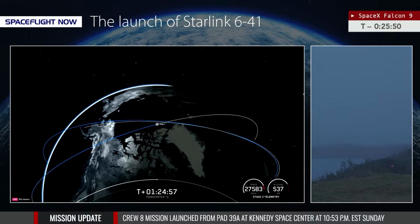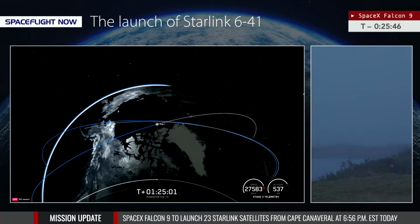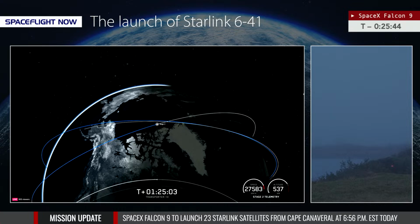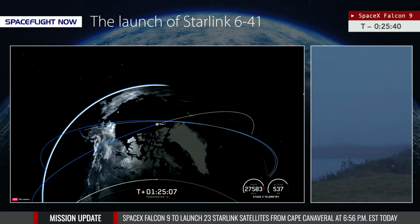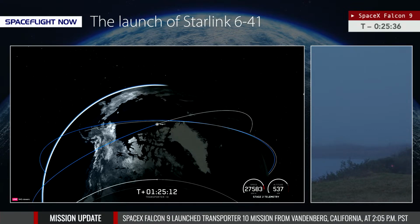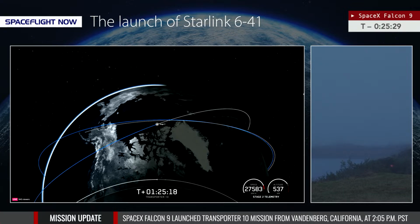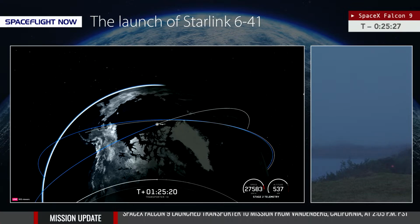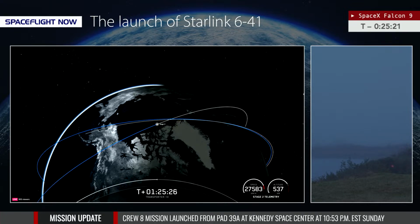We're now T-minus 25 minutes, 50 seconds and counting. Again, while the fog is proving challenging here at the press site, if all goes according to plan, we should have good, clear views of the rocket after it launches from our friend Pete Carstens, who is providing tracking assistance today. So fear not, no need to steer away from our live coverage in progress. We will be able to track the Falcon 9